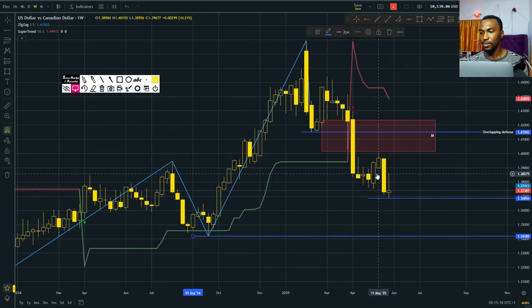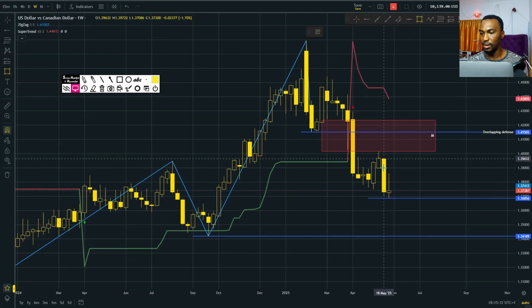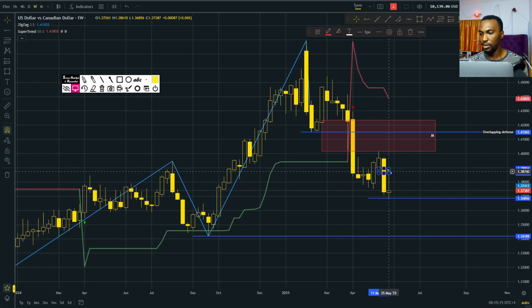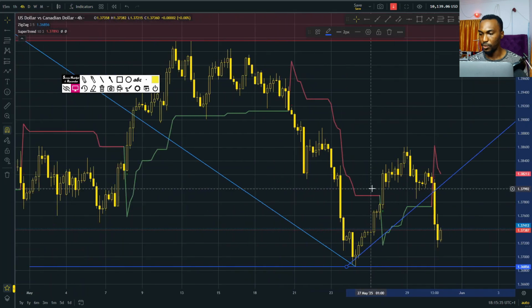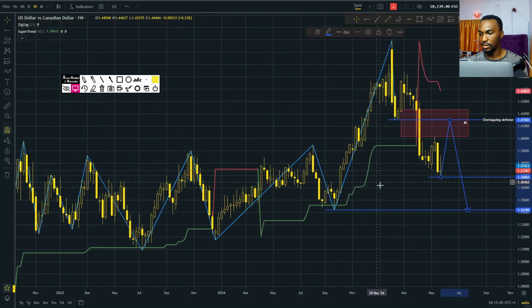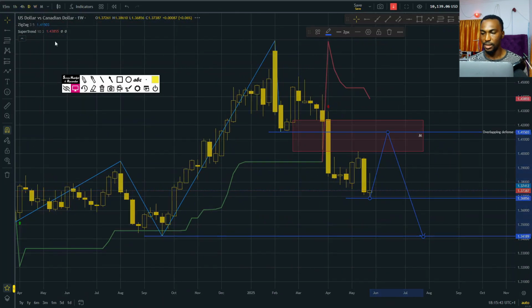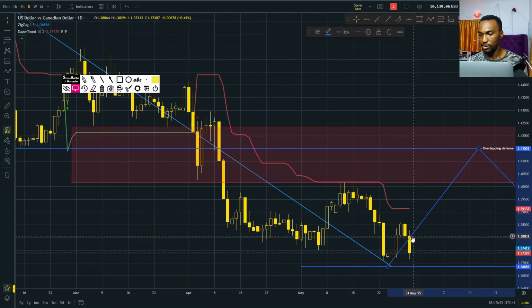On the weekly, we had this slight fair value gap here, which may hold. Okay, I don't think this would hold because it doesn't have similar characteristics with this. So basically, I'm looking at price doing this, and then in the long run. But this particular candle is showing signs of a need to go down a time frame and see if it was returning. So it was returning before this happened, and then you look at it and say, okay, what I see personally is, see, it was actually falling.